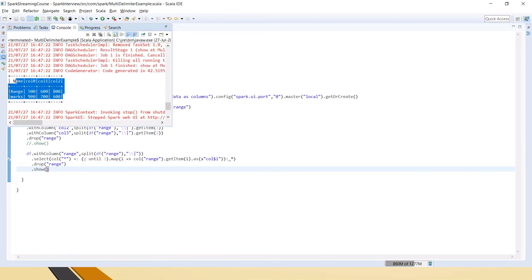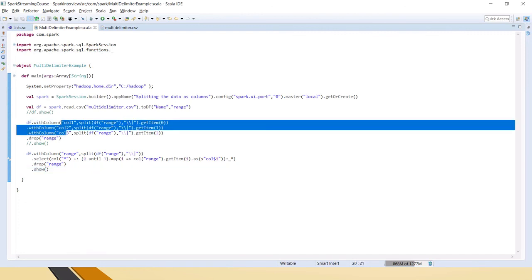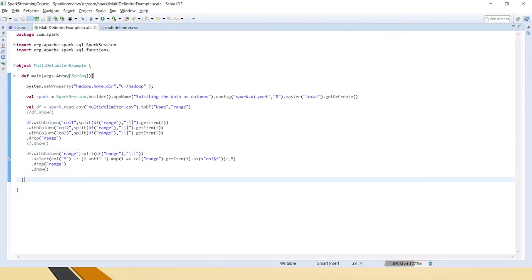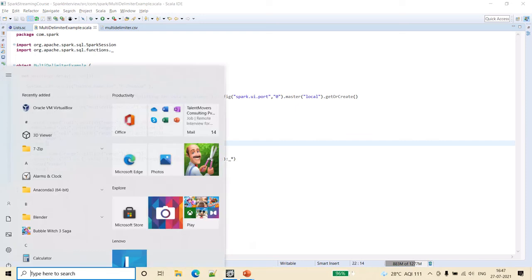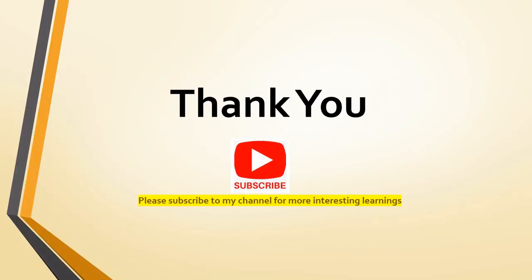So friends, you can clearly see here, right? It has divided into 4 different columns. It's the same, okay? It's the same. Instead of hard coding column 1, column 2, column 3 and 0, 1, 2, we have kept this inside a loop, and in the map we are assigning these columns. Okay, so hope this is clear to you, friends. Hope this has solved your requirement.